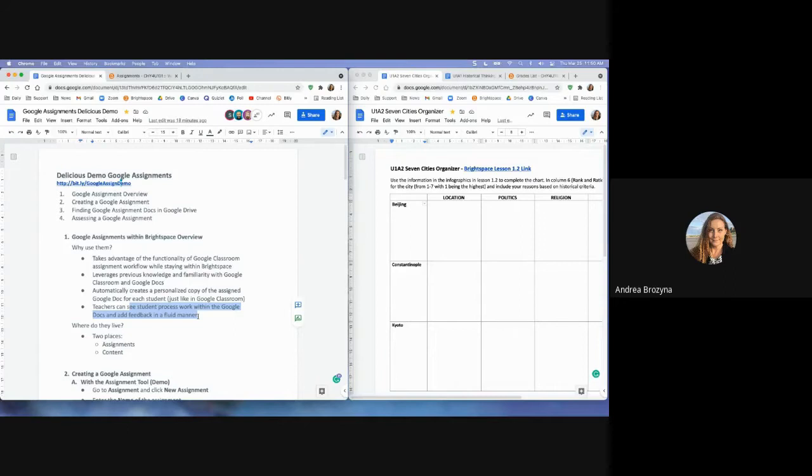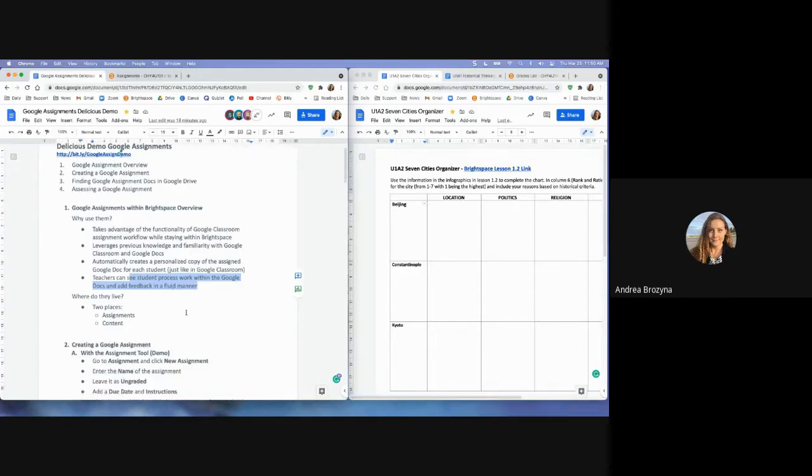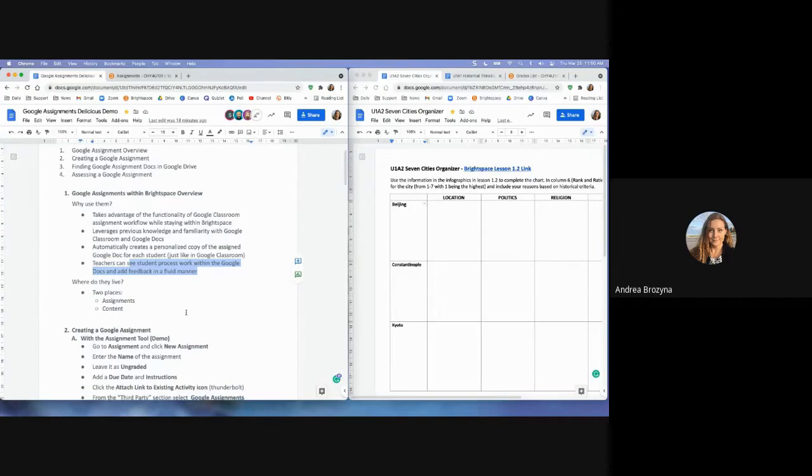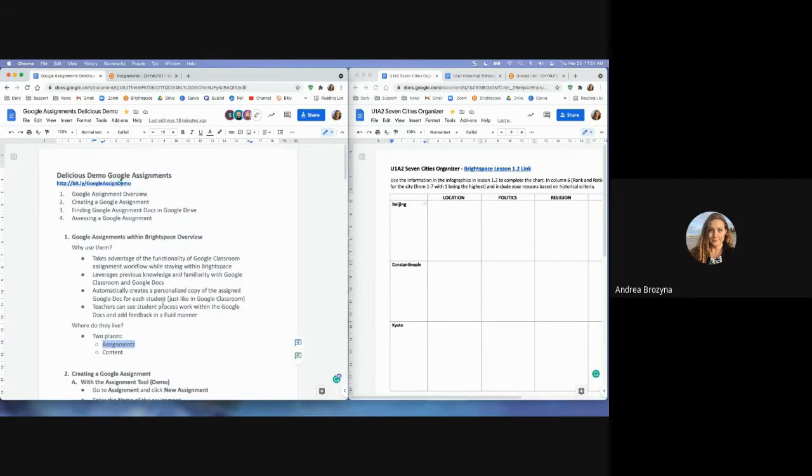So how do we get this beautiful marriage of chocolate and peanut butter? There are two places, and if you look up videos on how to use this on the internet, almost all of them, interestingly enough, situate Google Assignments in content, but they can live in assignments as well. And in the little note sheet that you're welcome to make a copy of or take some notes on yourself or share with friends,